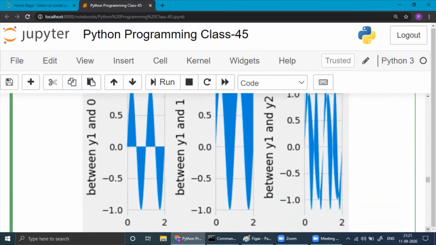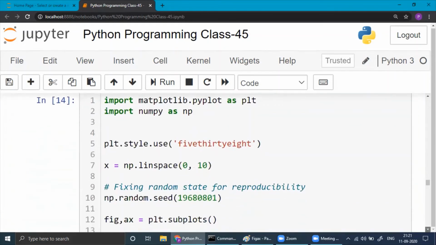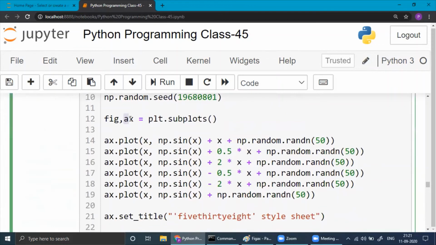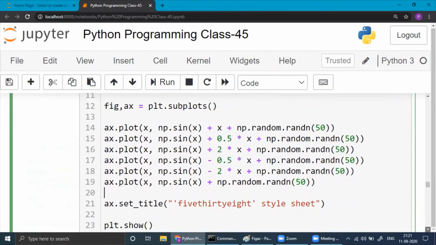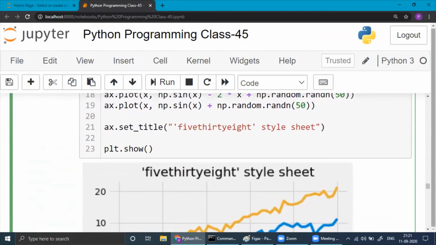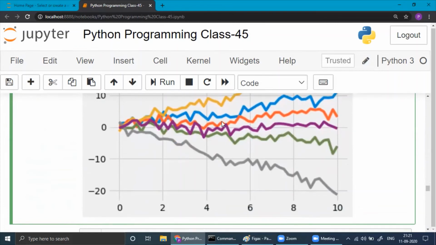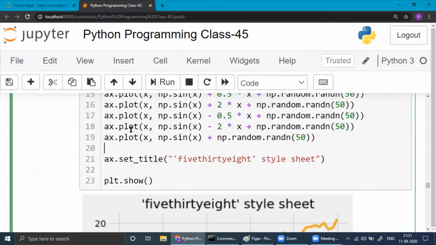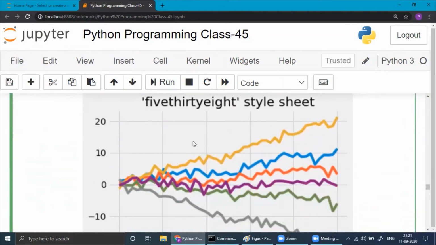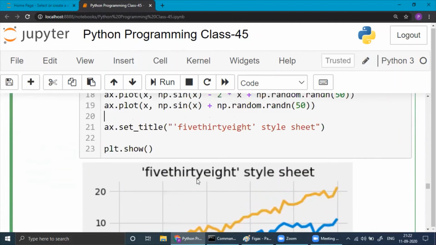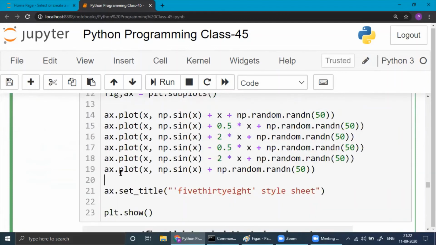The next one is this. Here we have only one, but in that one we have so many plots. This is the title. 1, 2, 3, 4, 5, 6. You can have 6, 10, 15 plots. But remember, we have only one axis object. In one axis object, all these plots are here. You can write 2 plots, 10 plots, 15 plots. It doesn't matter.